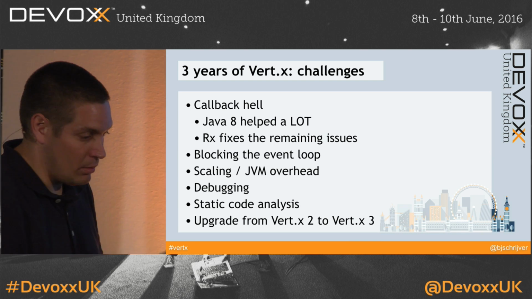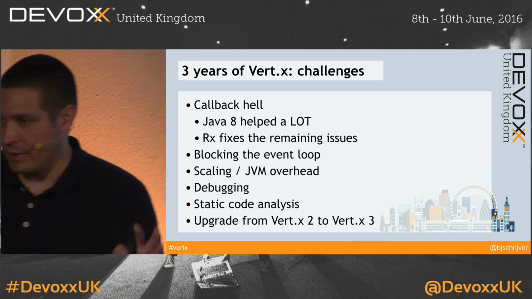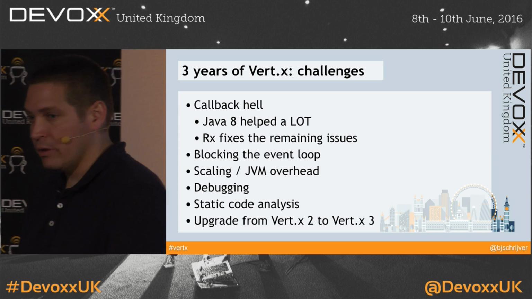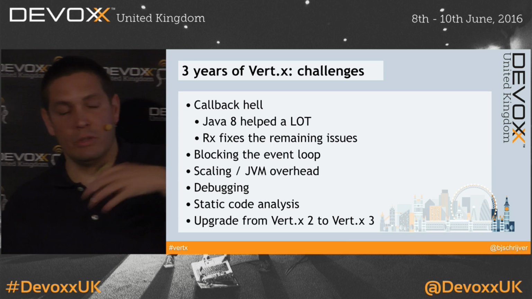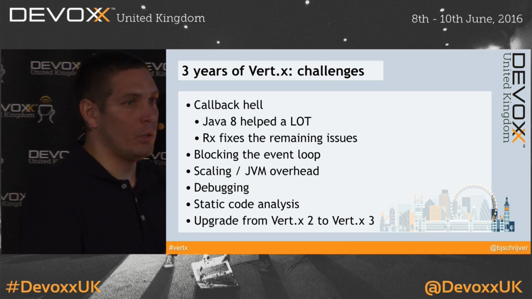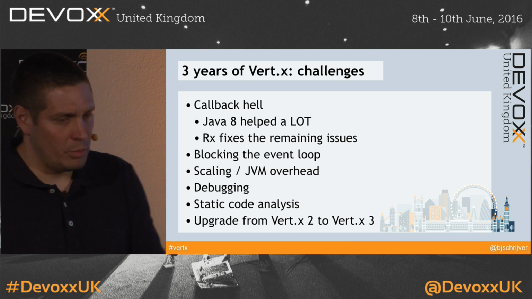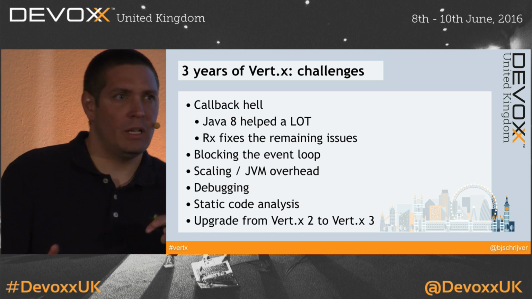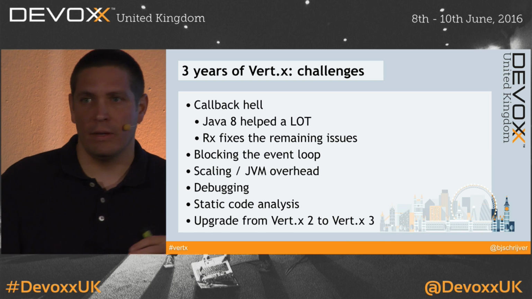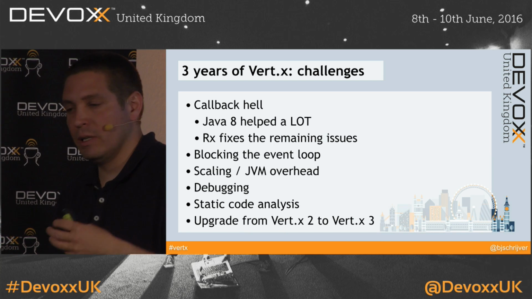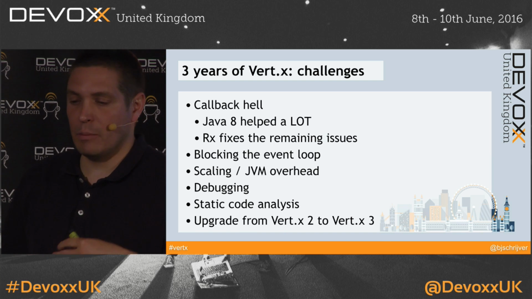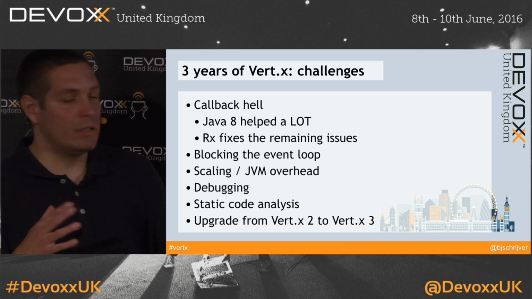JVM overhead is something, I'm not sure how much, but it will be some tens of megabytes, let's say 30 megabytes. When you're running 10 services, there's already 300 megabytes gone just by the JVM overhead. So we used to be running on fairly small instances at AWS, like 2 gigs of RAM, I think. We had to upgrade a few because of the JVM overhead, and we're looking now to consolidate our services into